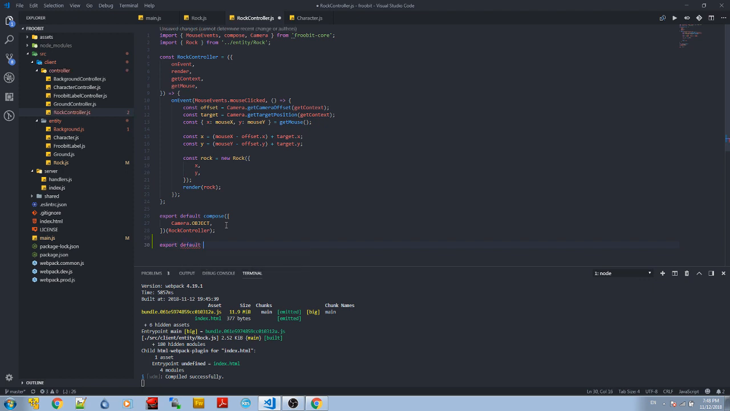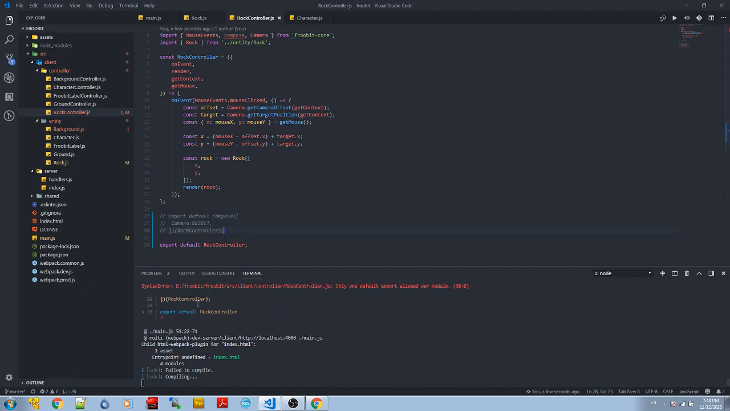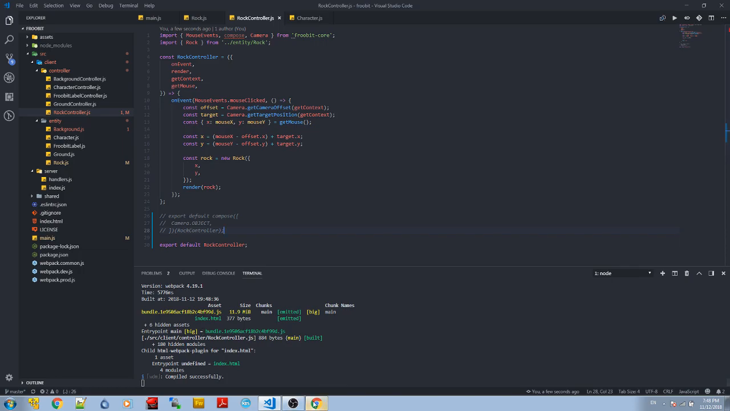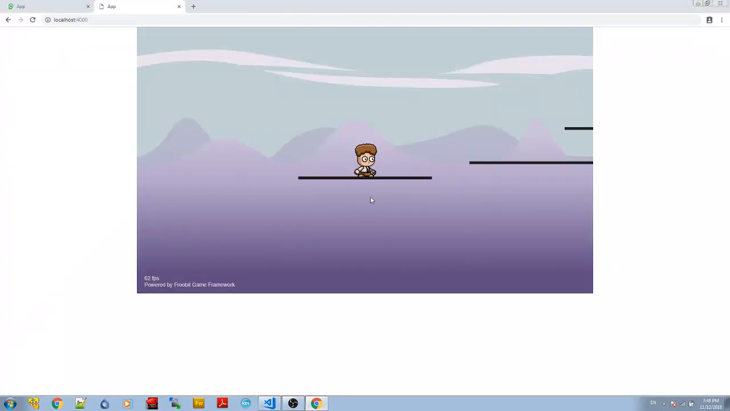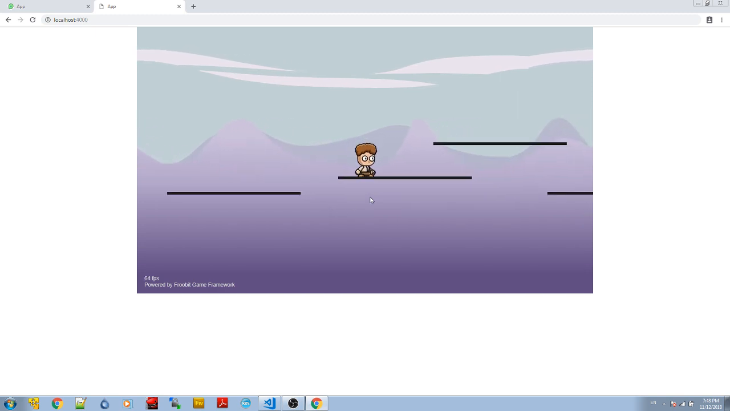Let me fix that. Rock controller, and let's comment this. And now we should see. Let me check what happens here. So yeah, it's compiled successfully, and you see that the black platforms are moving relative to the target, but the